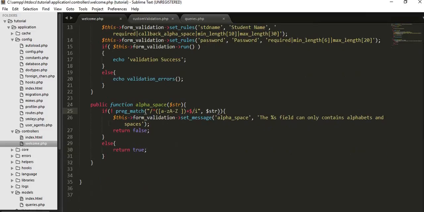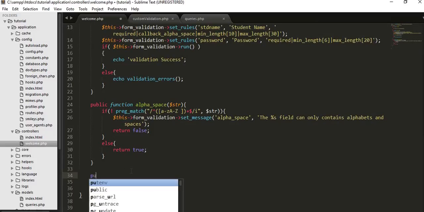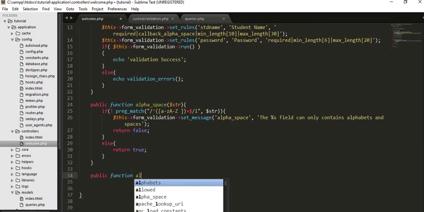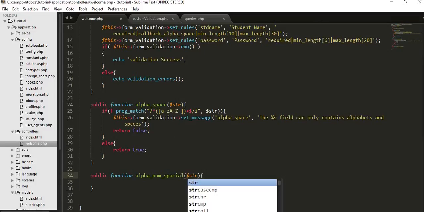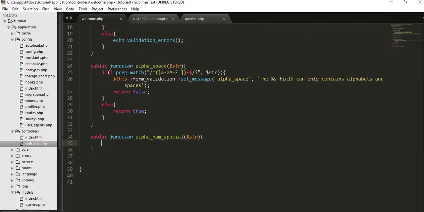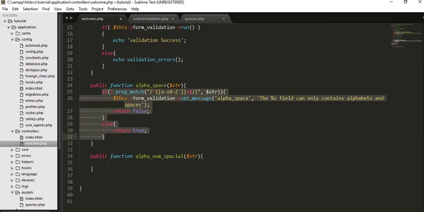Now we need to create one more function to accept numbers. Public function alpha_num, alphanumeric value along with the special characters, $str. CodeIgniter doesn't have the facility to provide alphanumerical values along with the special characters. So in order to get that kind of functionality, you need to write some custom function. That's what we are doing here. We just copy this complete code and paste it here,